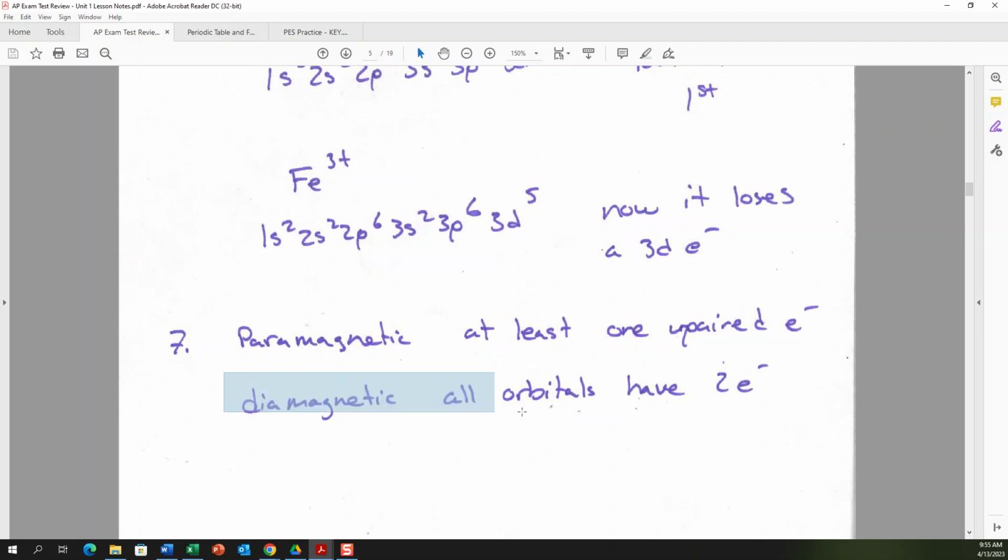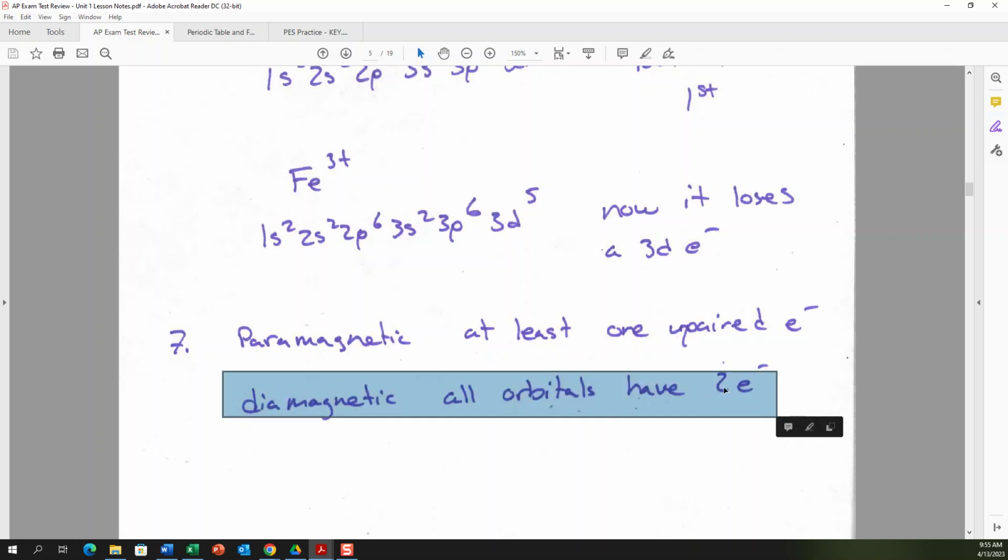Okay, so if you have any imbalance in electron spin, that means if you have an unpaired electron, you're going to have at least one more up arrow than down arrow, one more up spin electron versus down spin electron. Or, if you want to put the down arrows first, you could have one more down spin electron than up spin. And the more unbalanced in spin, the more affected you are going to be by a magnetic field. Ferromagnetic means you produce your own magnetic field. That's why iron is magnetic. But anyway,